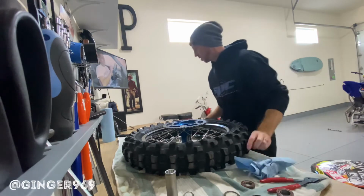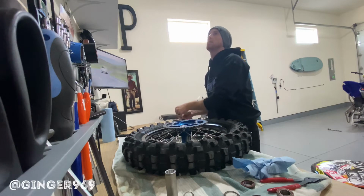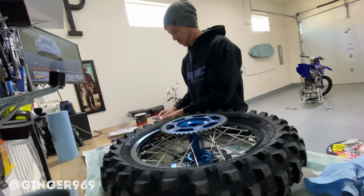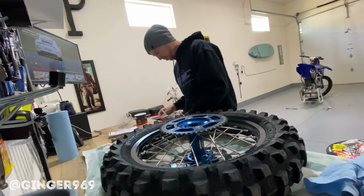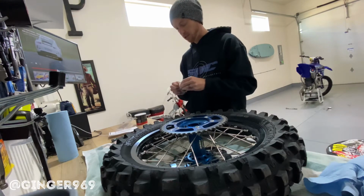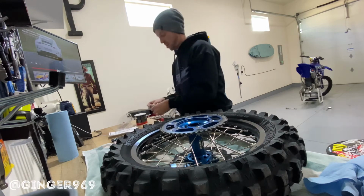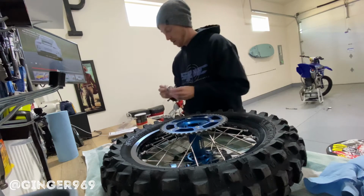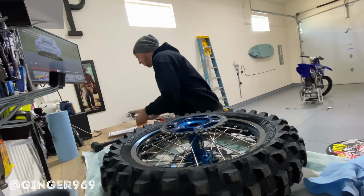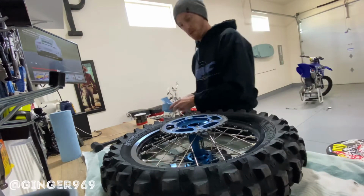Alright, so we'll want to go ahead and put two of these in. Alright, so we're going to open up, take out all the wheel bearings, so should have 3 bearings total and 2 dust covers or rubber bushings, seals that go in over. And then you're going to want to make sure you have a towel. You're going to want to get these nice and greased up. Looks like we've got one already. So on this side,